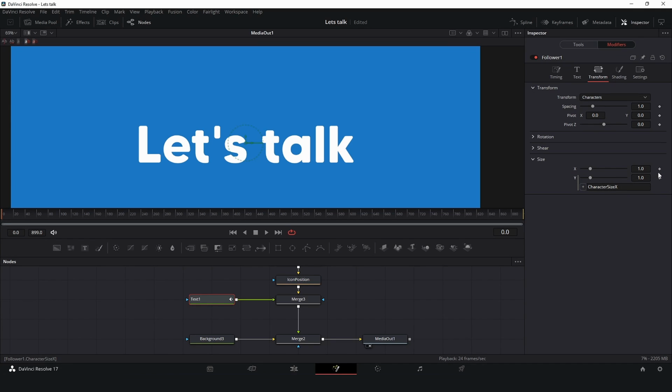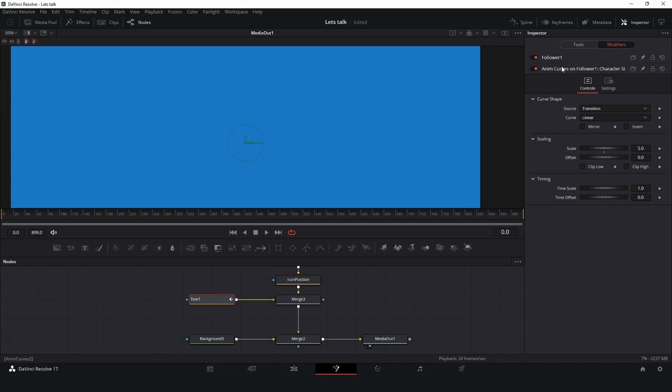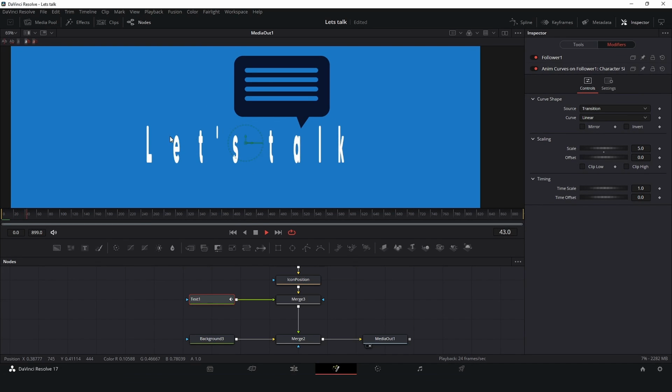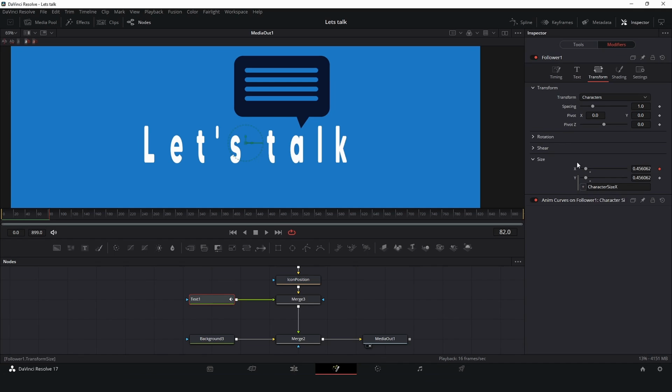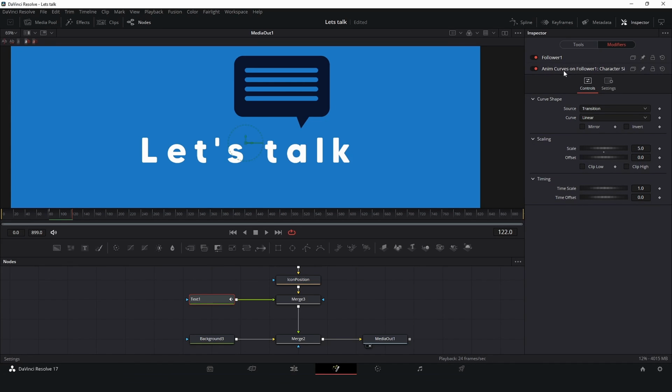So now I will uncheck the keyframes and right click, modify with anim curves. Let's open anim curves here, and what's happened is working, like this, very bizarre. Don't worry. So just a little adjustment. Go back to the follower. So you can see this keyframe was added by the modifier. So I just need to check this one too. That's it. And now we have it perfect. So let's go back to anim curves.